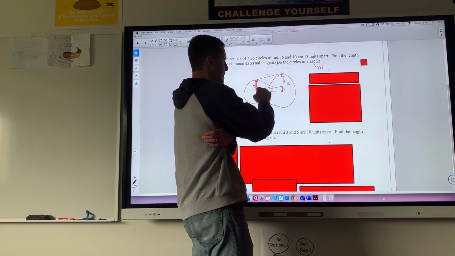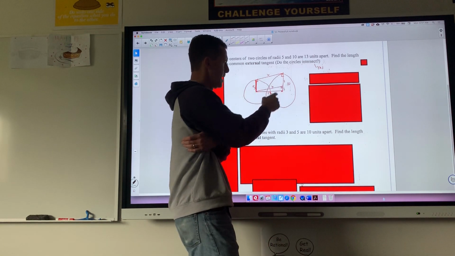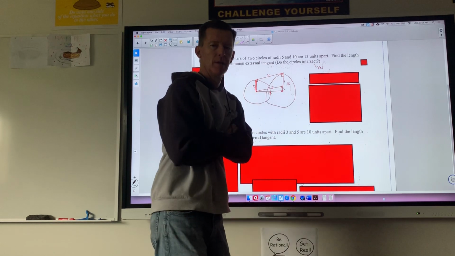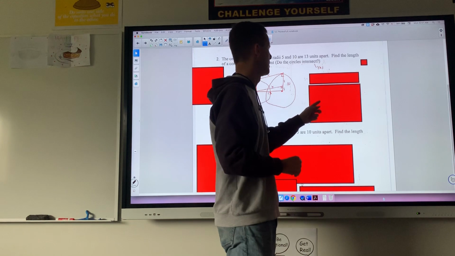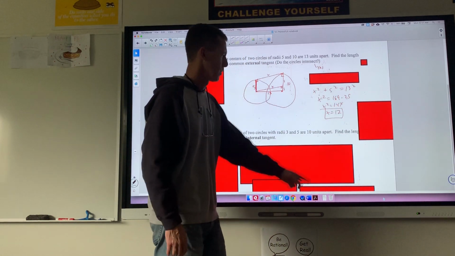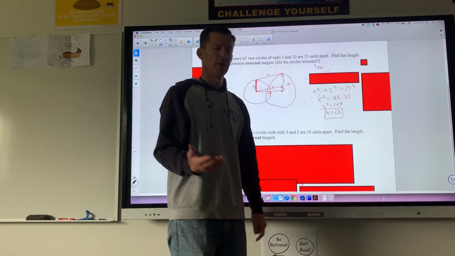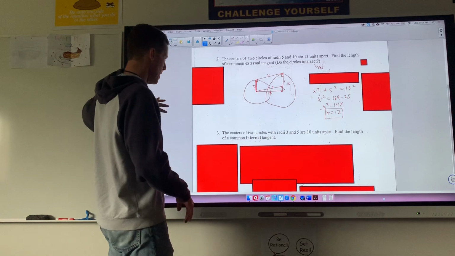If I can find that, it's going to be congruent to this, so let's try and find that. It's a 5 length 13 triangle there, right triangle. So obviously x is equal to 12. And again, I did Pythagorean theorem work when I really didn't need to. Hopefully you didn't do that. Okay, and there's just some scribbling underneath that, so don't worry about it. All right,